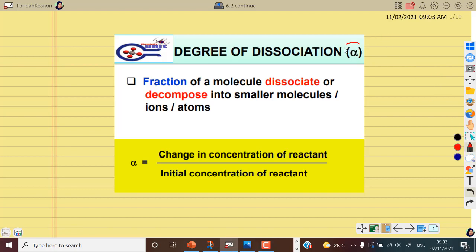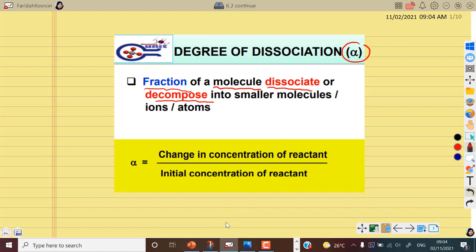The symbol is alpha. Right, so what is degree of dissociation? Degree of dissociation is defined as the fraction of a molecule that dissociates or decomposes into smaller molecules or ions or atoms. Right. Jadi dalam erti kata paling mudah, apa itu degree of dissociation? It is a fraction. Dia adalah pecahan, ataupun mungkin boleh katakan pecahan tu tak semestinya dalam bentuk pecahan, mungkin dalam bentuk perpuluhan. Fraction of a molecule, reactant molecules dissociate yang mengalami